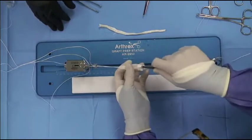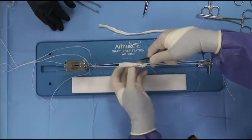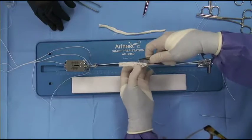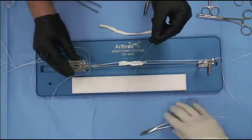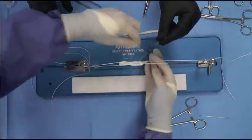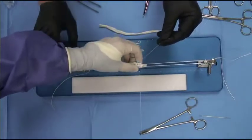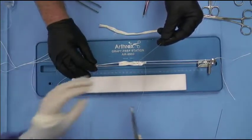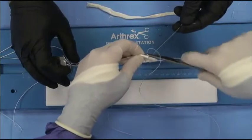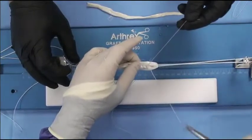I'm going to start with number 2 so I can bury the knot. So there's number 2, there's number 3, here's number 4, and now I'm going to have my assistant hold the suture on the end, so when I wrap this around 360 degrees, it comes right up flush to that suture and doesn't slip off. And now I've gone through 3 of the strands. I'm going to come back through my number 1,